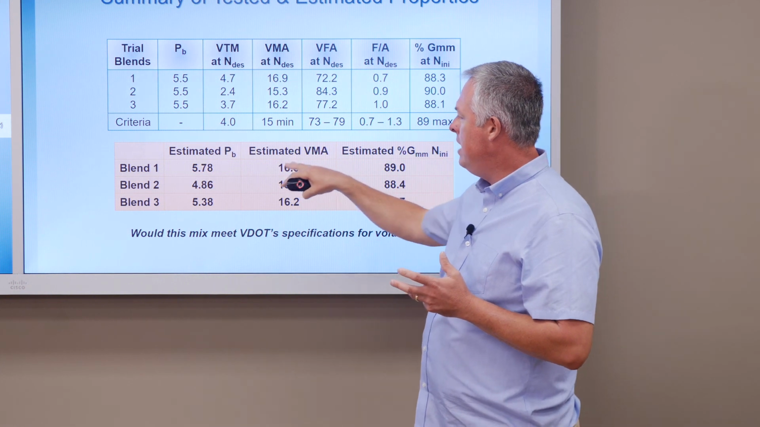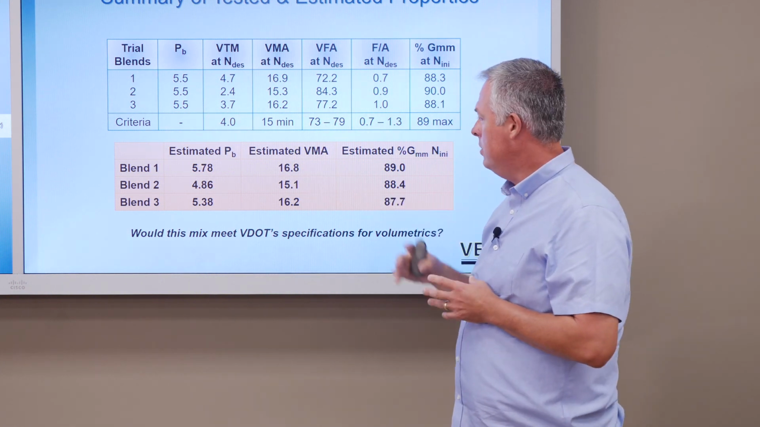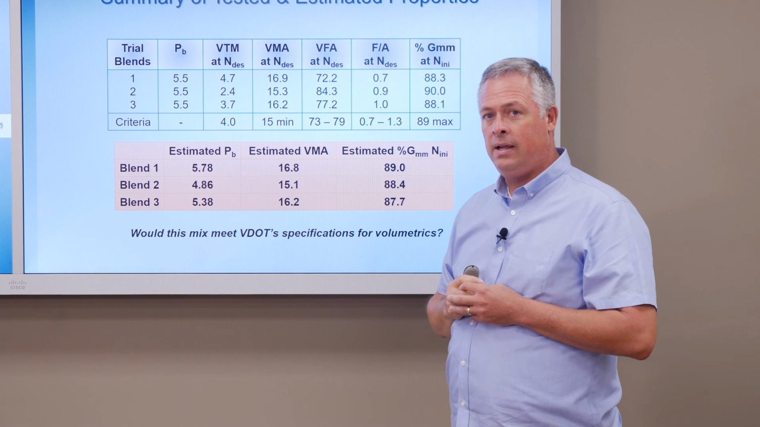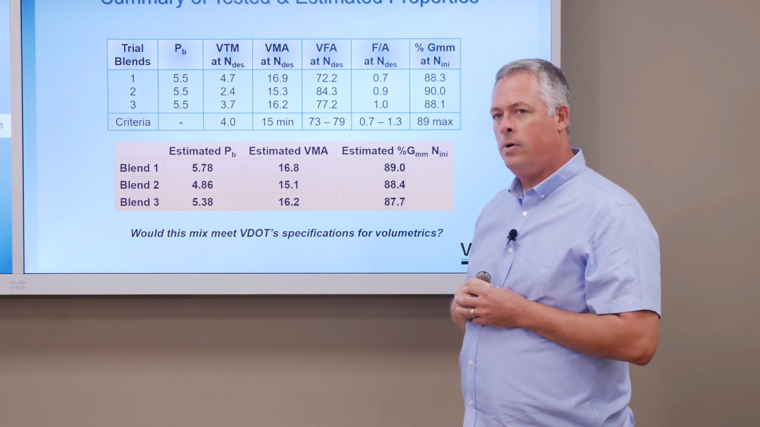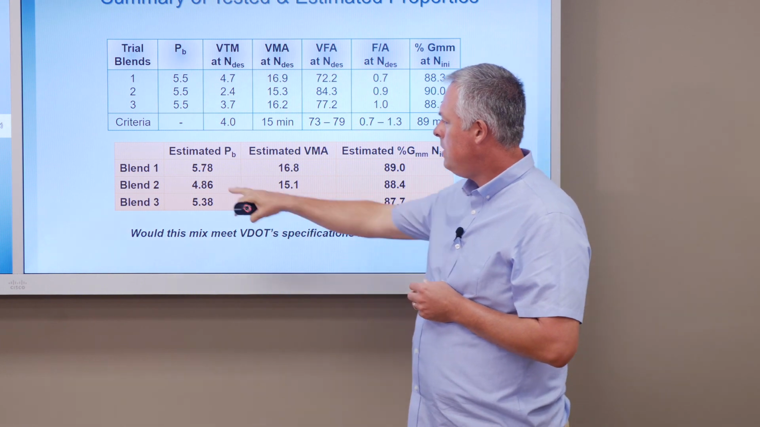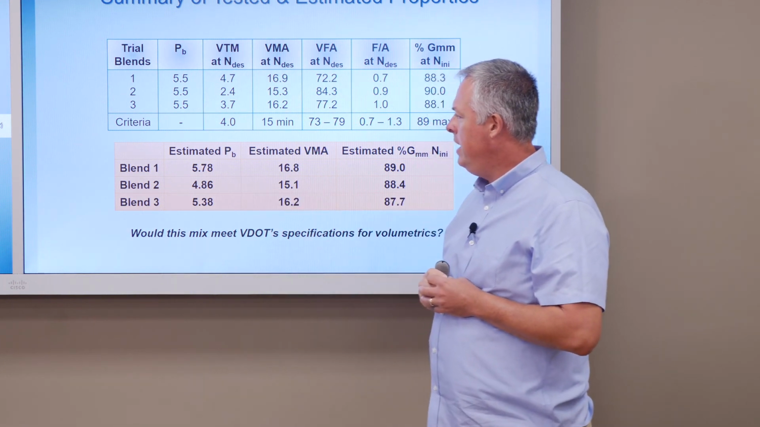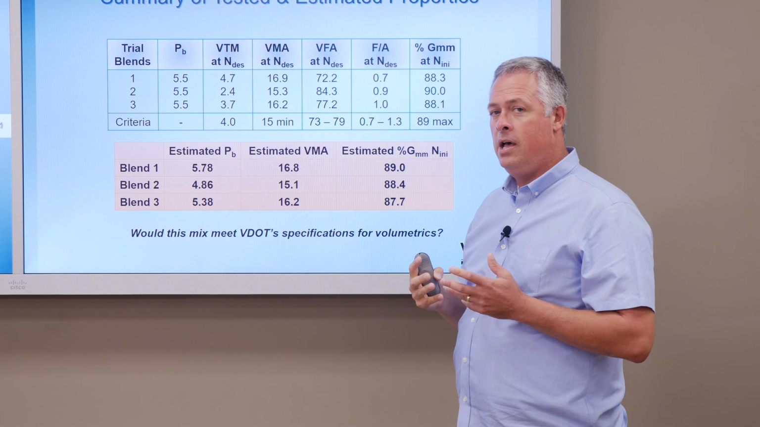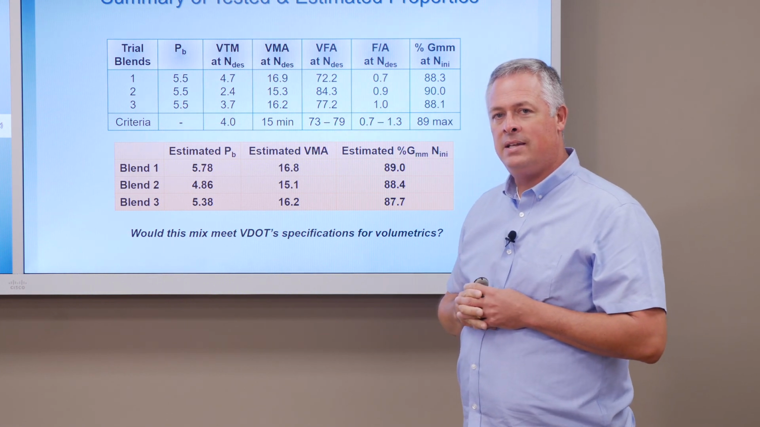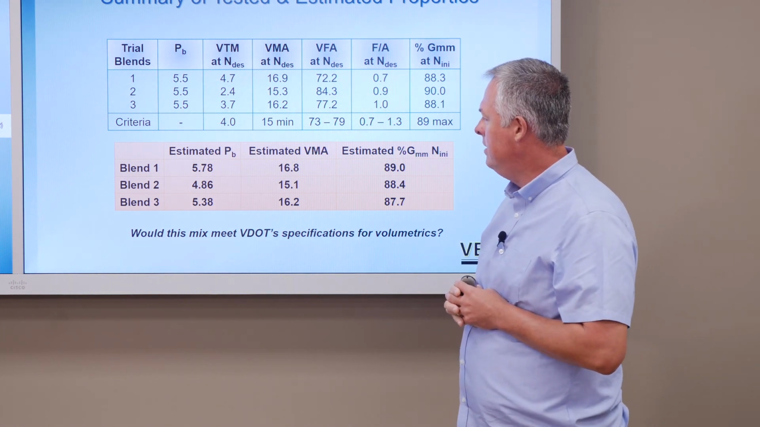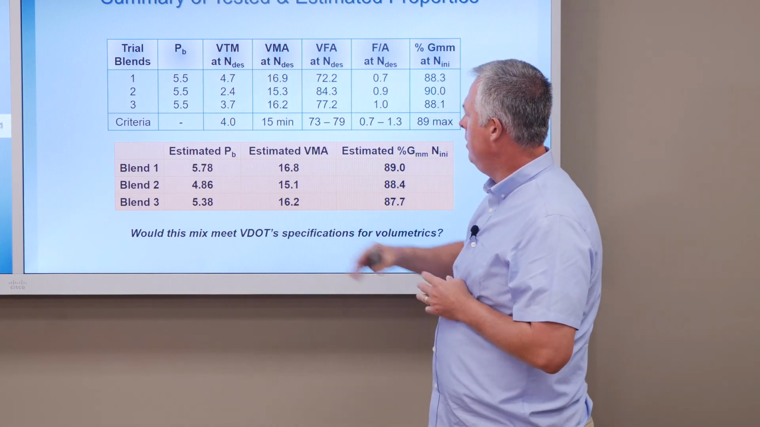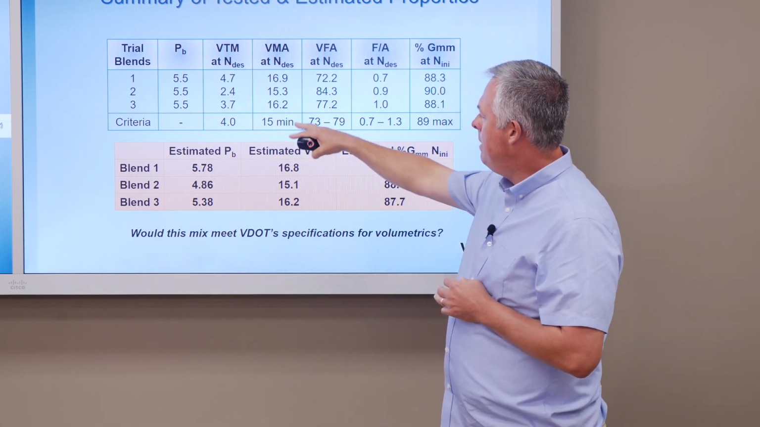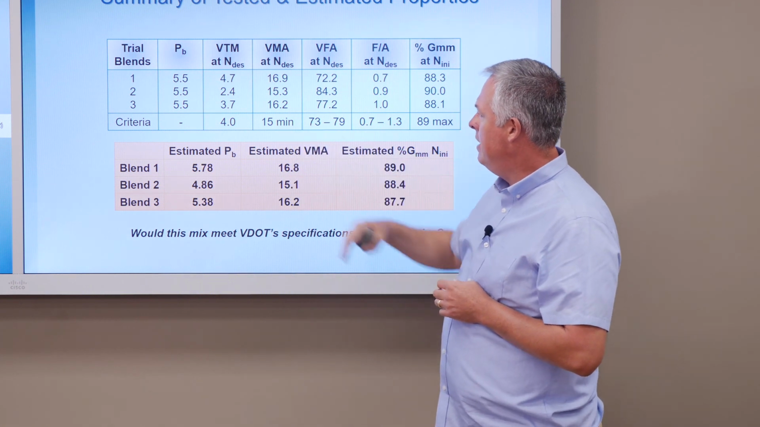This may be more challenging to get density because we still have the same density spec to get in the field. So a really high VMA may pose some challenges for our field technicians. Blend 2, the 4.86 asphalt, is a little low. You may be hard pressed to get that design approved with an asphalt content that low. Even more concerning, the 15.1 VMA is right at the bottom side of that minimum